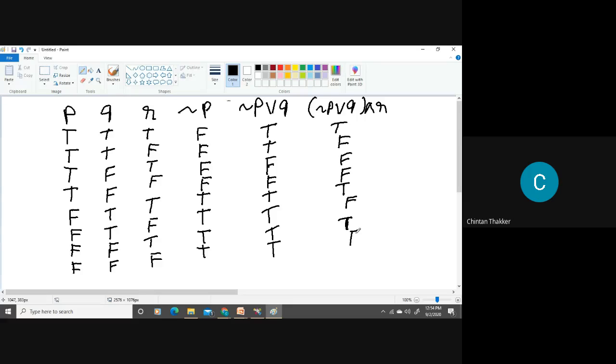These places we have F. Okay. So this is our truth table of the given statement.